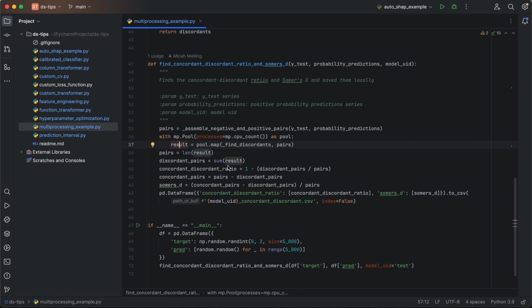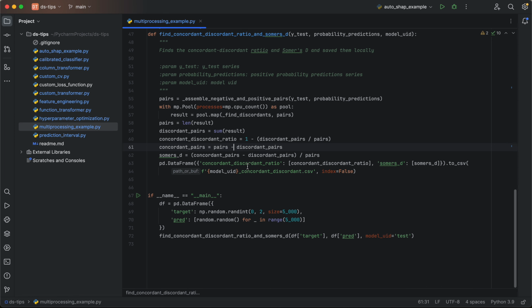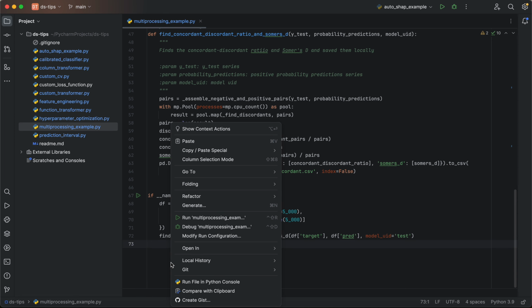So for pairs, we just say what's the length of the result, and then the discordant pairs are just the sum of the results. Again, I'm not giving a model evaluation video here. More so the focus is on multiprocessing, but if you want to, you can look through these operations and see what happens. But this is a quick example of how we can actually use multiprocessing in this case. So let's let this